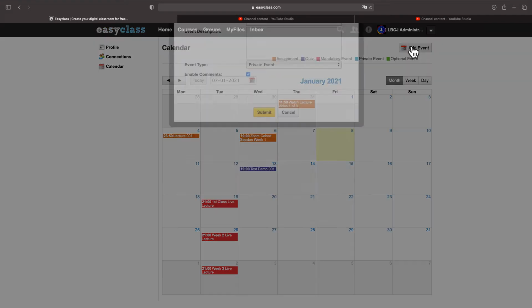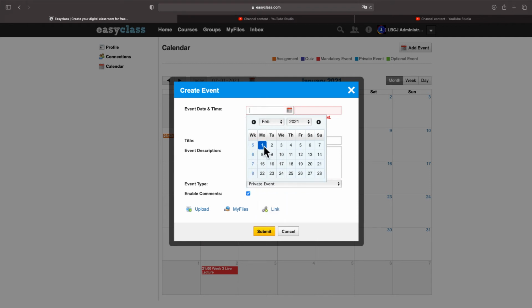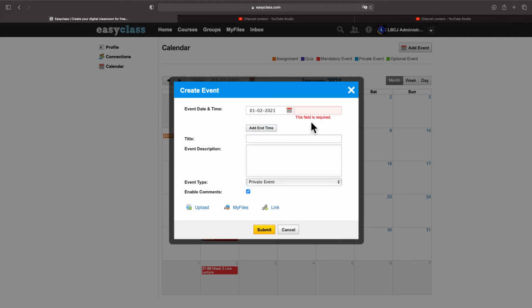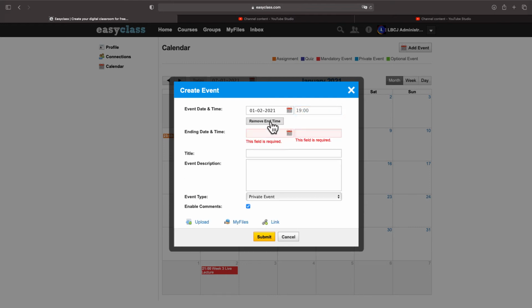And once you click on that, it will ask you for a date. Let's go ahead and select February, and I'm going to go February 1st. And it's going to ask you for a time here. Now, if it's an assignment, I typically like to put it towards the end of the day. But in this case, we can make it, let's say 7. Now, this will be military time. So instead of 7 p.m., I'm going to go 1900 hours, which is the equivalent of 7 p.m. And it's going to end on the exact same day,